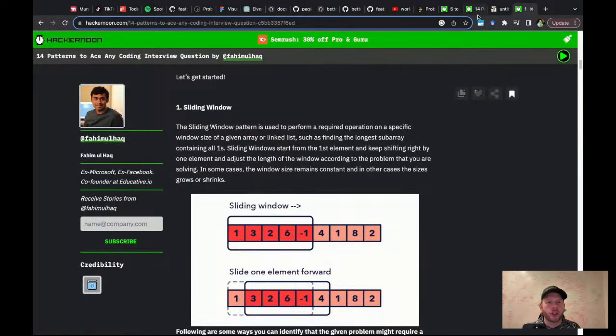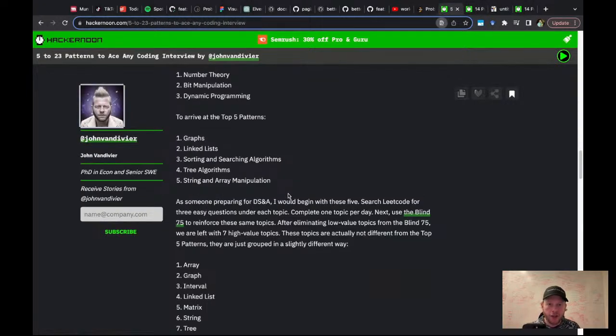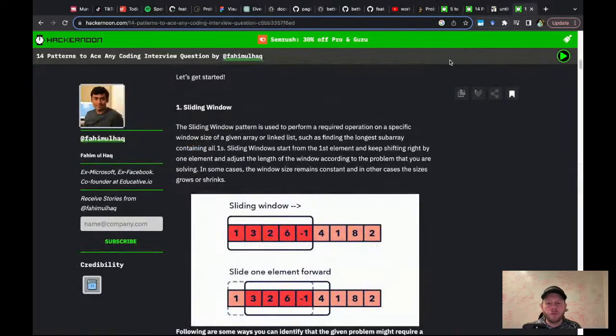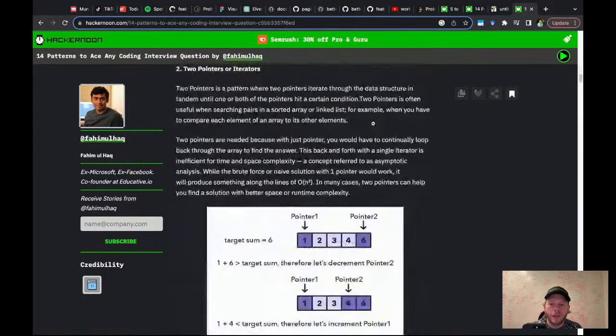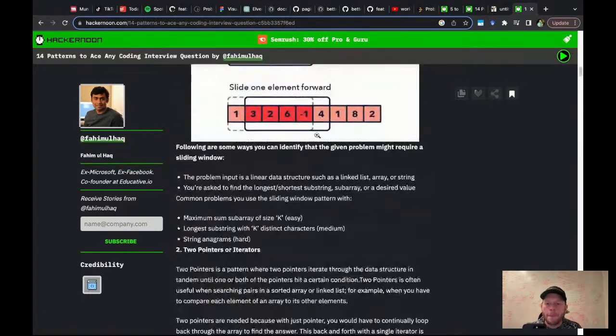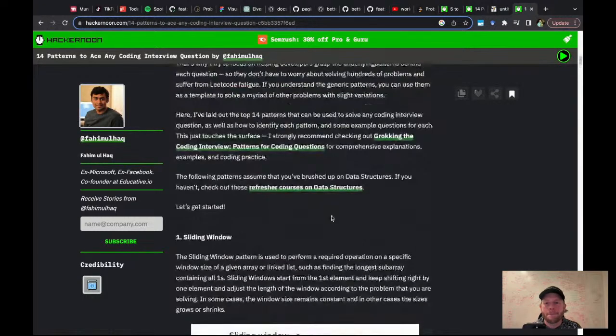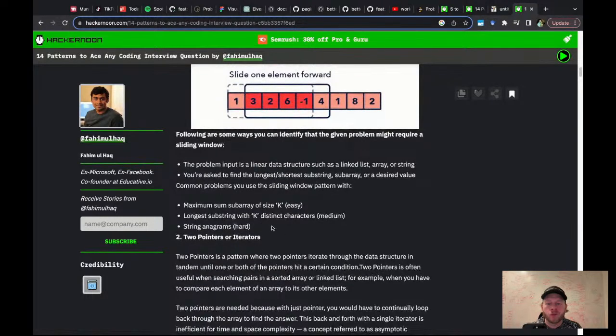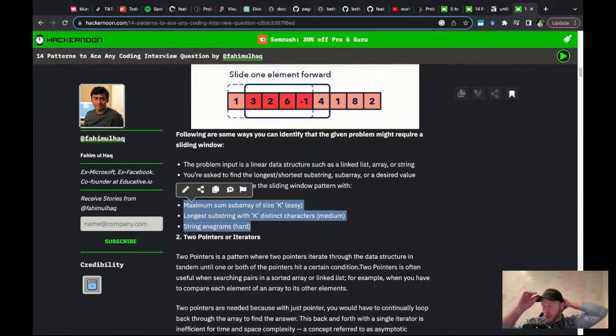Sliding window, we need it for sure. Let's see, is that in here? I think I consider that an array manipulation. Oh, that would be an interval problem. You can look at it either way. So yeah, we need sliding window, definitely. 2 pointers, definitely need it. Where are the problems? So we have maximum subarray, cool. String anagrams, I don't know. At what level do we want this kata to be? So obviously, solving a hard is hard. But if you've memorized it, can you get through the kata quickly?